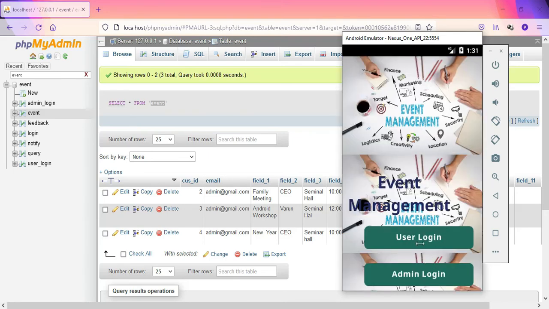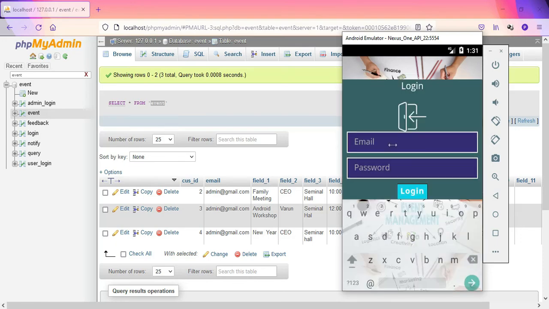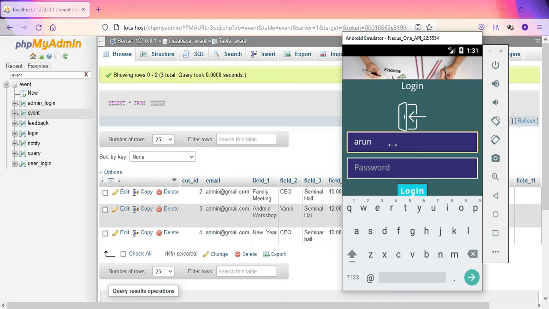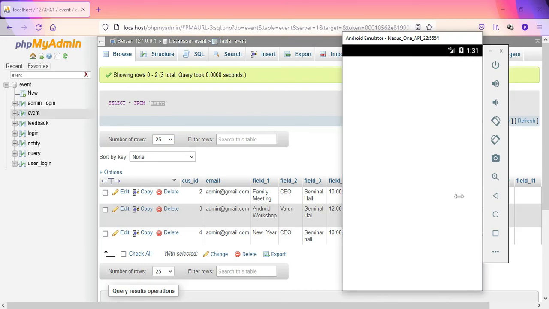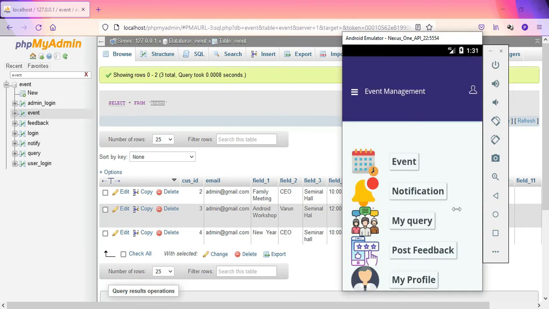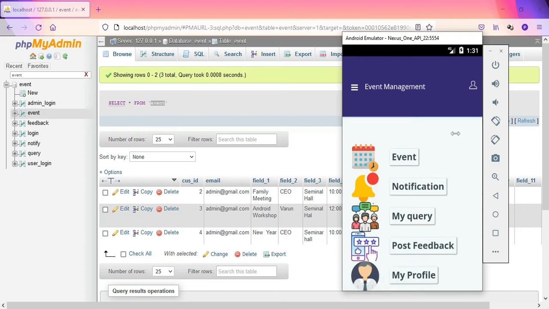Next we will move to the user module. The user, just now created, is arun@gmail.com, and the password is test. Login successful. So the user can view all the information, but they can't create or update. The first option for them is my profile.